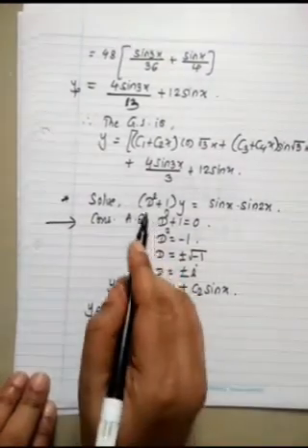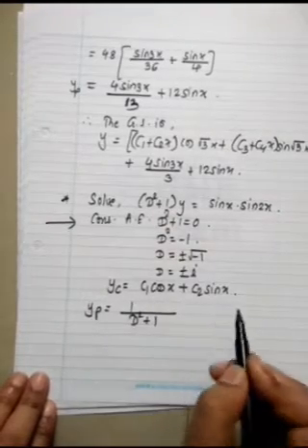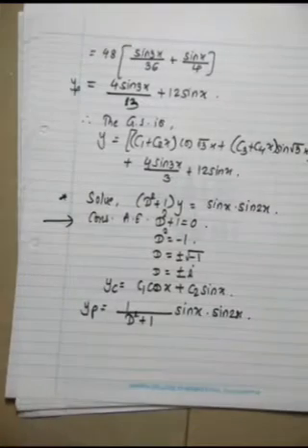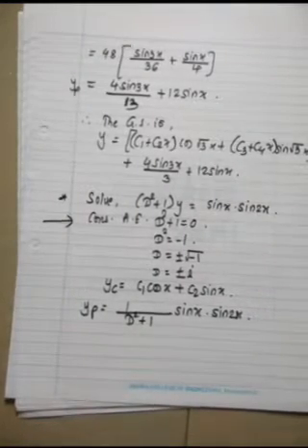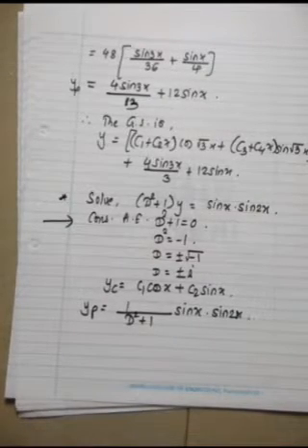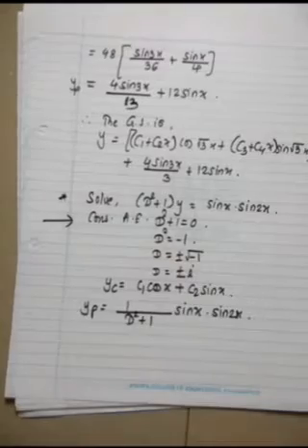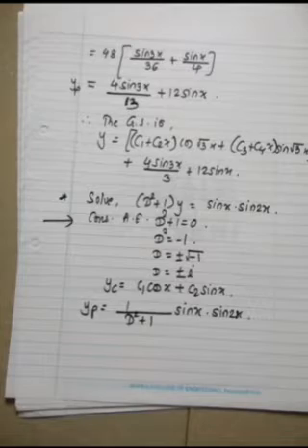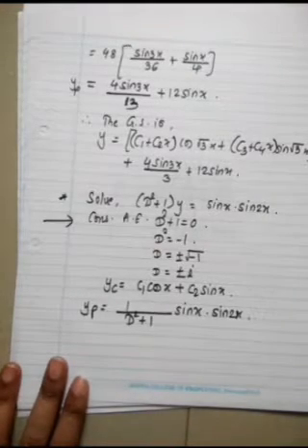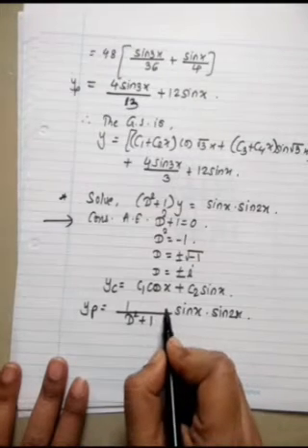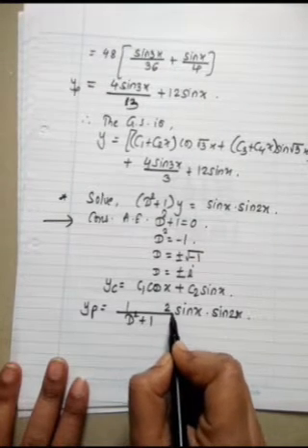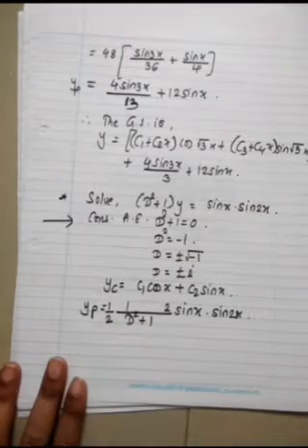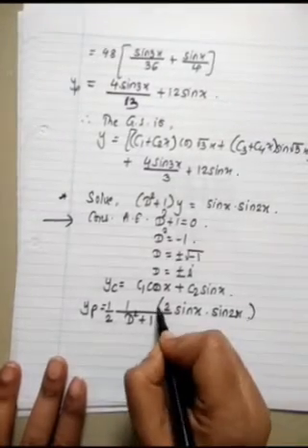We'll go to yp: 1 upon d square plus 1 into sin x into sin 2x. What to do? Sin A sin B. Here is A, here is B, both different angles. So we should write the formula for 2 sin A sin B. For the formula there is 2, so we need to adjust that 2. 2 is not there, so we have multiplied by 2, so we'll divide by 2. Okay, so we have formula for this.